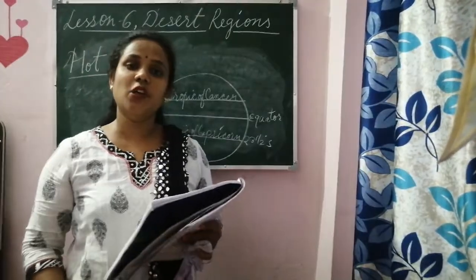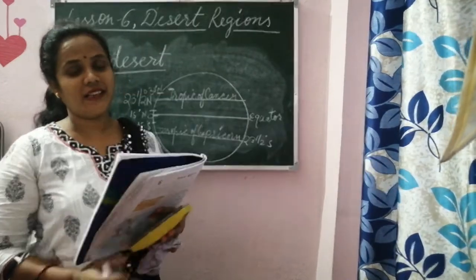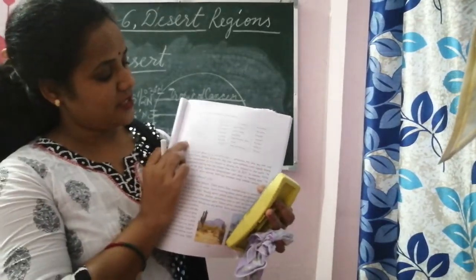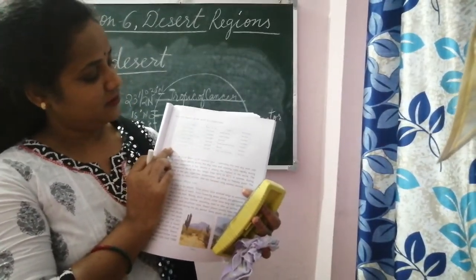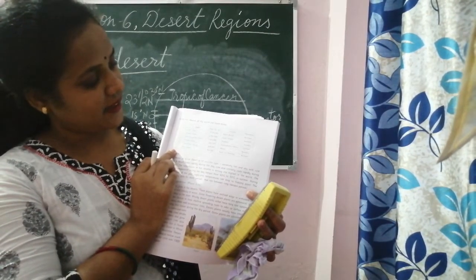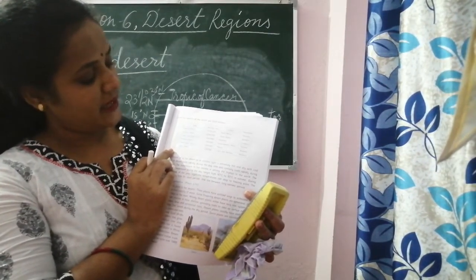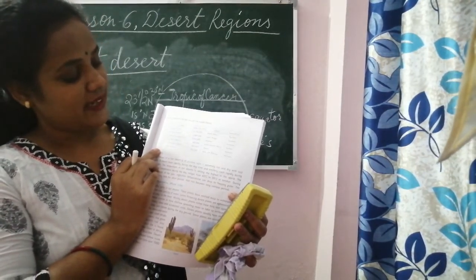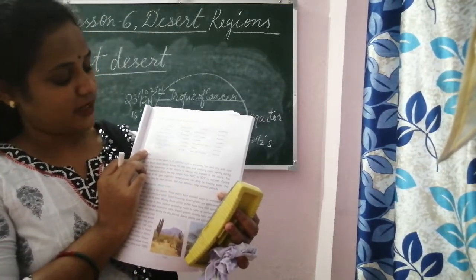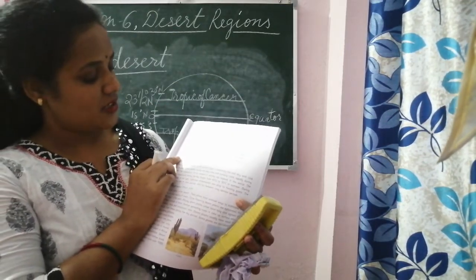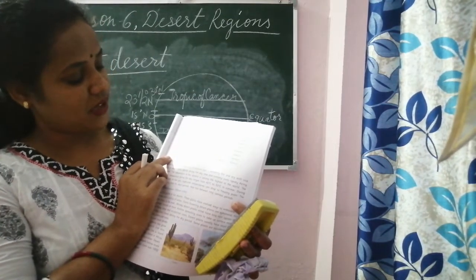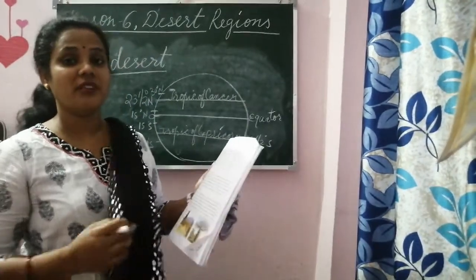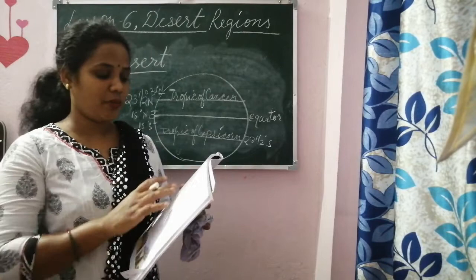Which are they? If you look at the globe, you will see which places and countries are located. See, go to the book. Here you can see the names given. Sahara Desert is there, North Africa. Arabian Desert, Saudi Arabia. Great Australian Desert, Australia. Kalahari Desert, Southwestern Africa, and this is Chihuahuan Desert, Mexico. Thar Desert, India and Pakistan. These all deserts are your tropical deserts. Clear? These are all your tropical.